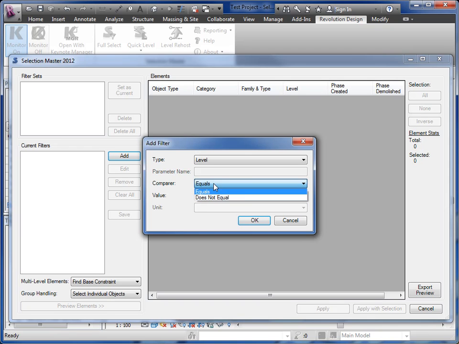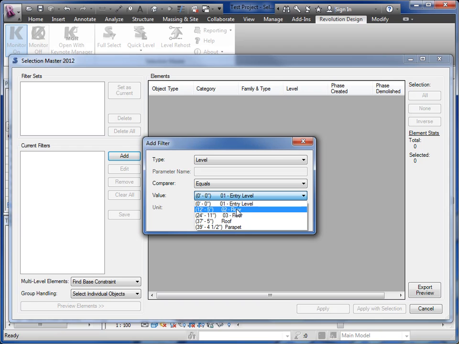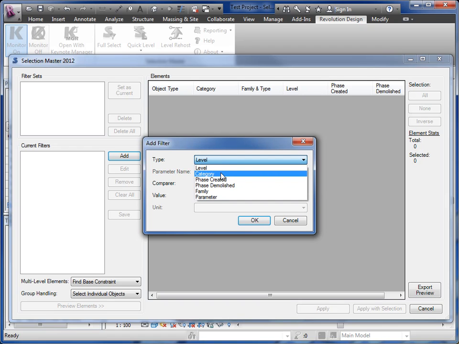So let's create a level filter at first, and I'm going to say compares. We've got equals or does not equal, and value for levels is populated here with all the levels in the project. You can see the level height here given in the applicable units. For imperial projects it will be given just like this. For metric projects it will be given in millimeters, and you've got the level name right next to it. Okay, so I'm going to say level equals roof,